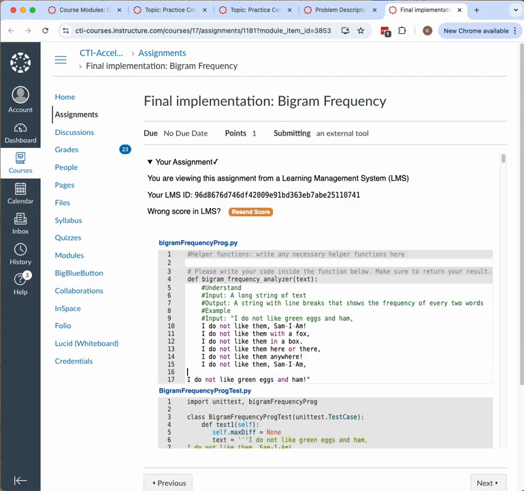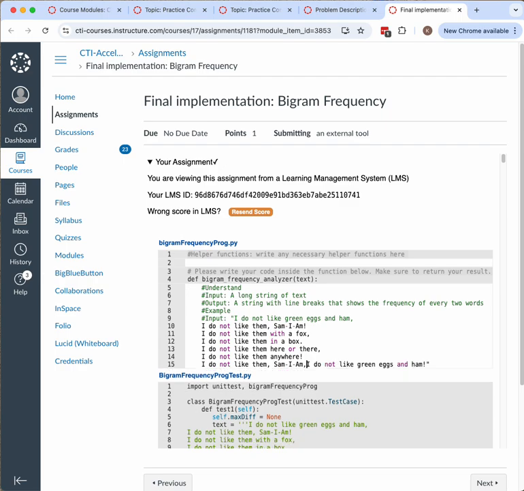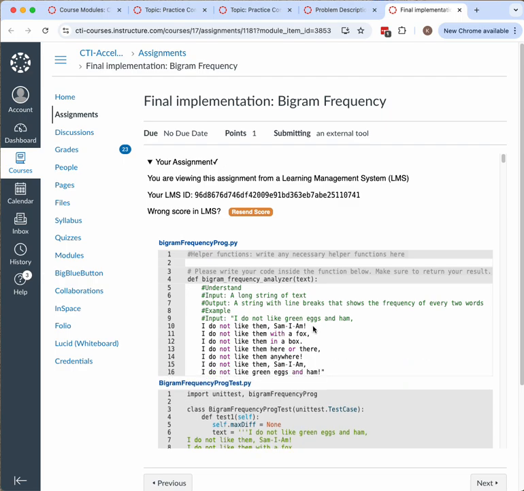This is pretty important. Okay. And this is the input. And this all needs to be a comment, right? Okay. Then in the output,